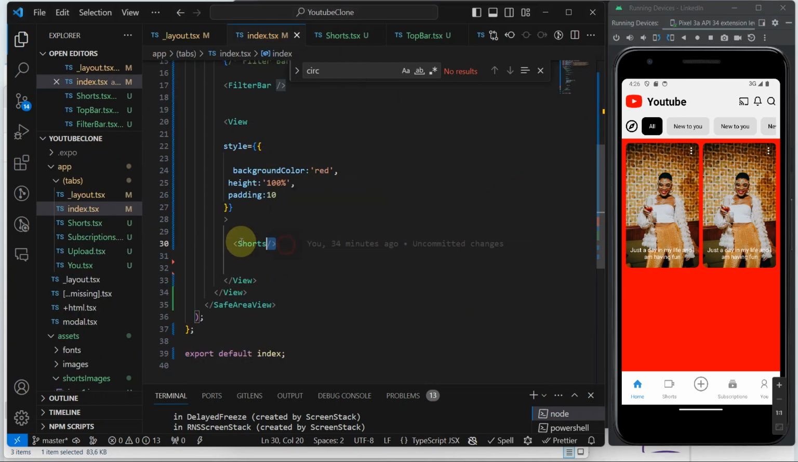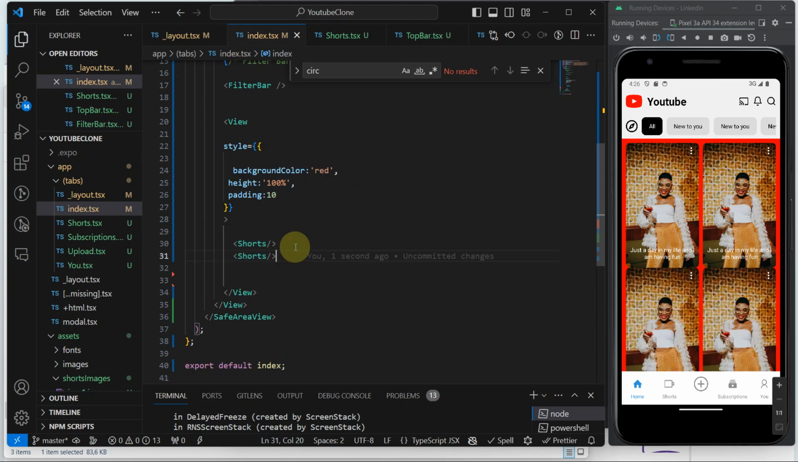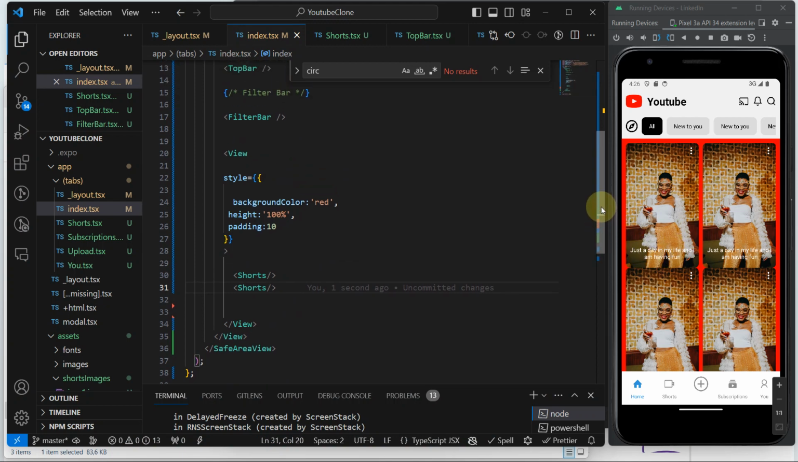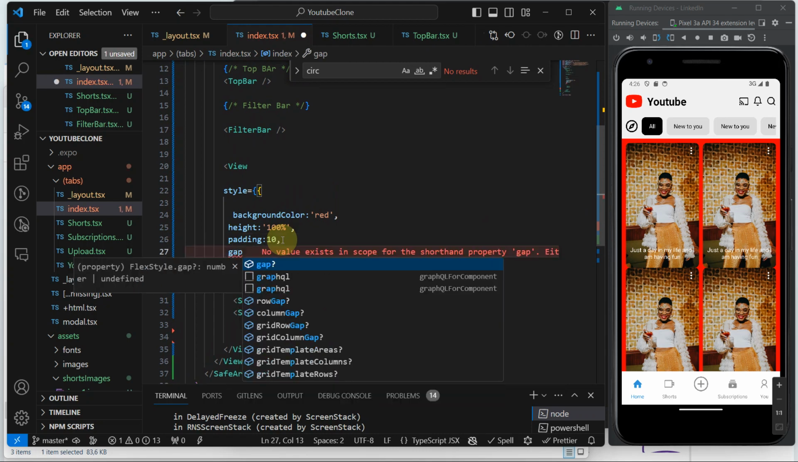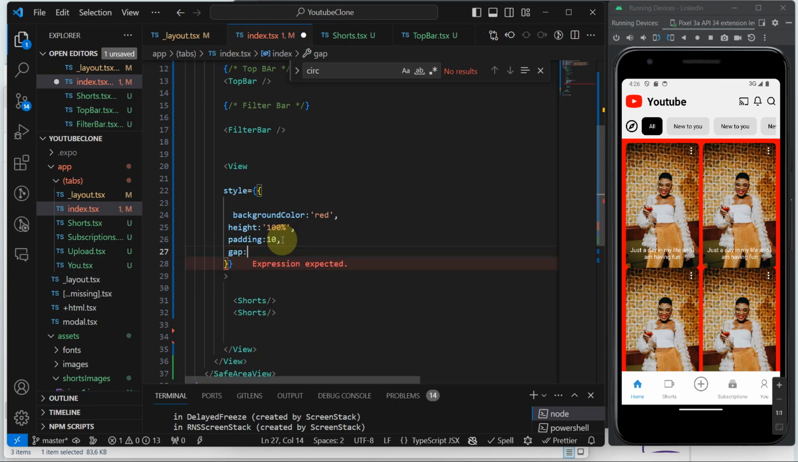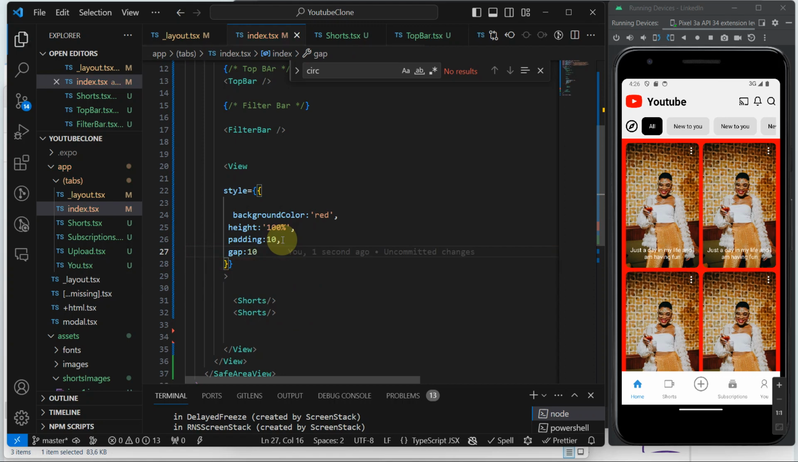As you can see, we've got shots. Then we can copy and paste this like this, as you can see. And then we can go to the container, which is this one. Let's just put a gap. Okay, let's put a gap of 10. As you can see, guys, we've got our shots here. Okay, so what we want to do now,